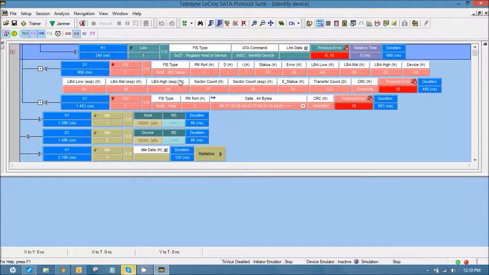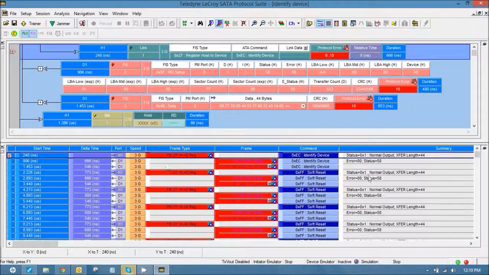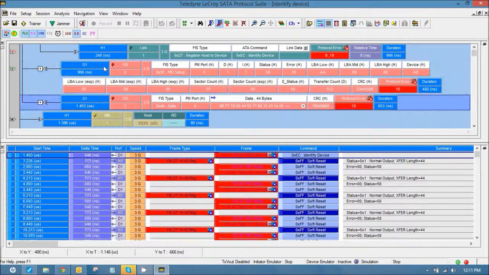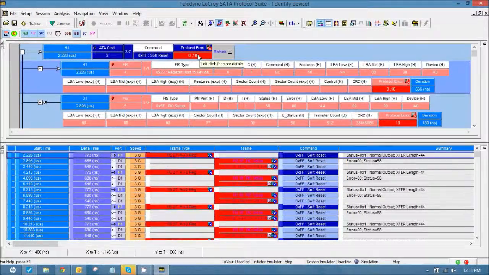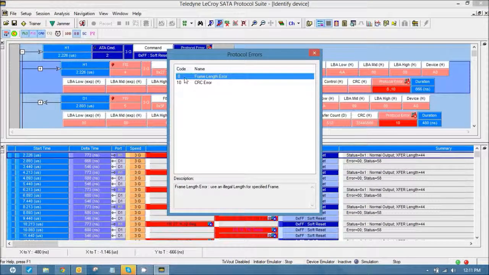Under Identify Device, we can see there's a protocol error, and we can also do a spreadsheet view. It will be easy for you to identify where the error is coming from. The cursor here is T, and you can mark the response time. So you can see the SMY response time is about 480 nanoseconds, and you can just scroll down to look for the protocol error, point at it, and then right click to show the error code,